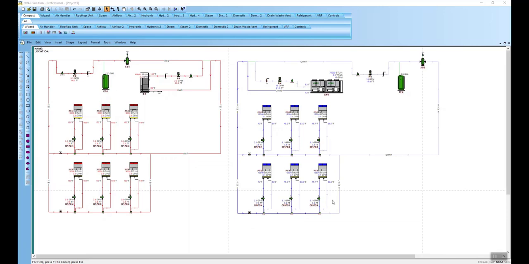Hey, Joe here. Just wanted to show you in HVAC Solution how easy it is to go in and create a couple single pipe systems using one of the wizards. So I'm going to go up to our compact wizard. This is a wizard we're going to be using right here, but I'm going to go to a new sheet